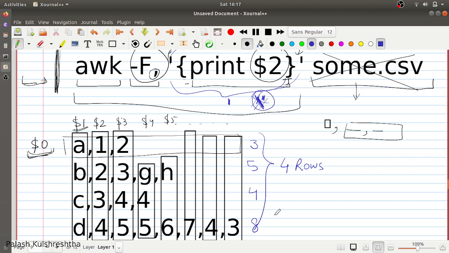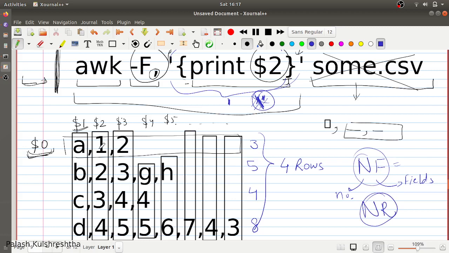For that, awk provides us an inbuilt variable called NF, number of fields. And similarly, for getting the number of rows, NR. So these are the two variables.